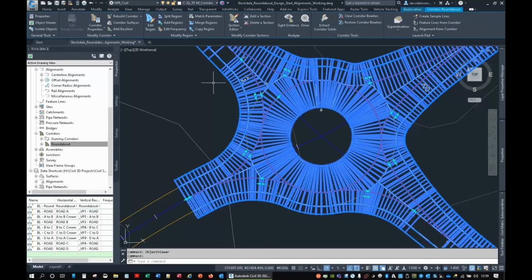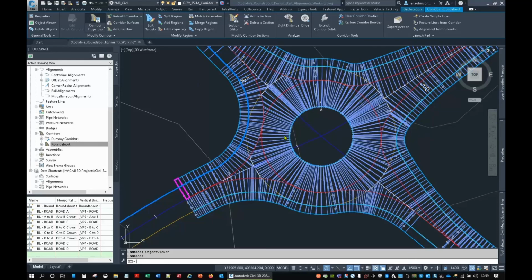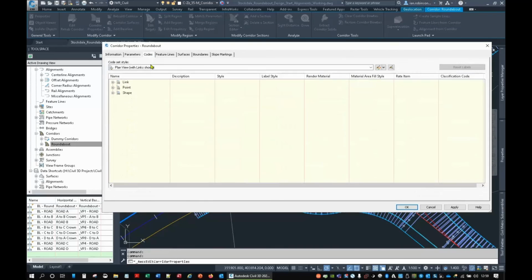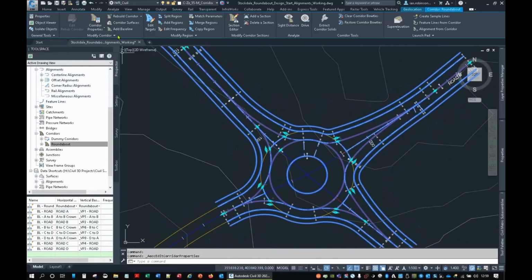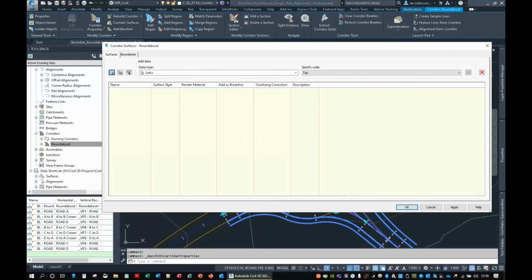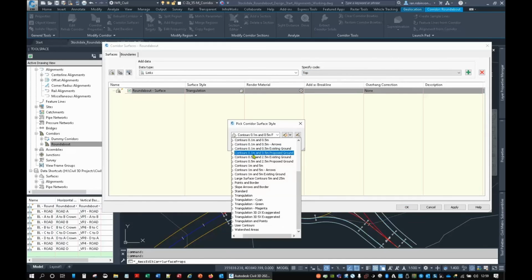So if I go in here, first things first, we don't really need to see the corridor as with the links, so I'll just show it as plan view only, like so, and then we'll add in our surface. Add in the top links, we'll set it to contours,